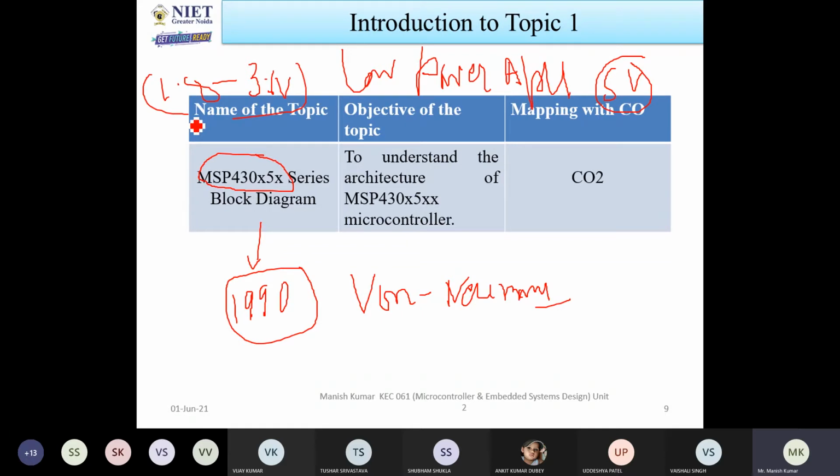There are clock features available in this. You are going to supply 5 volts, no problem in that, but the controller will not use that 5 volts. The rest of the peripherals will use all the other voltage supplies. So in this architecture, power management modules are available, which decide which power I have to supply to which components. Let us consider one component needs 2 volts, another needs 3 volts, another needs 4 volts, another needs 5 volts. So this module will be responsible for supplying the voltages to all peripherals.